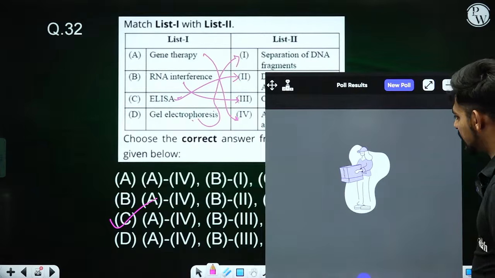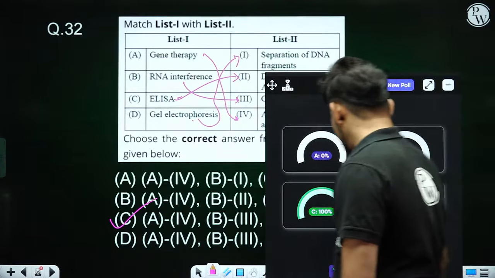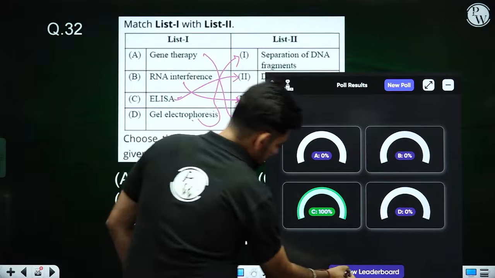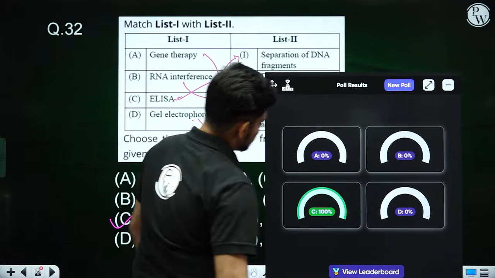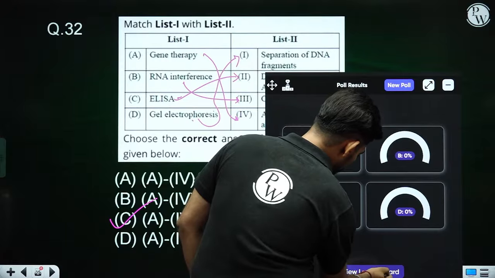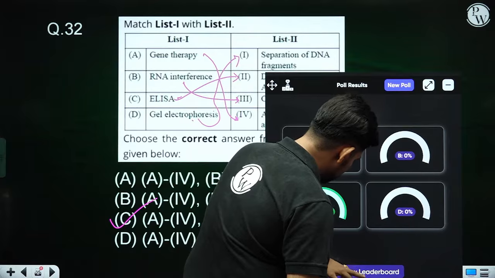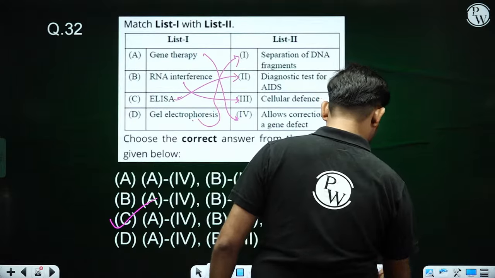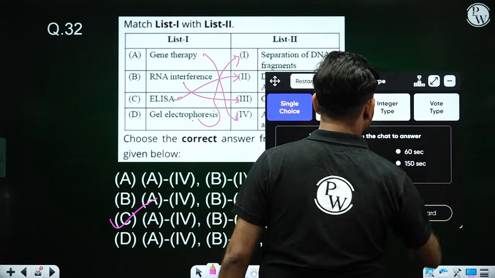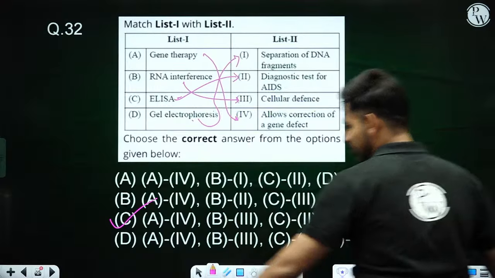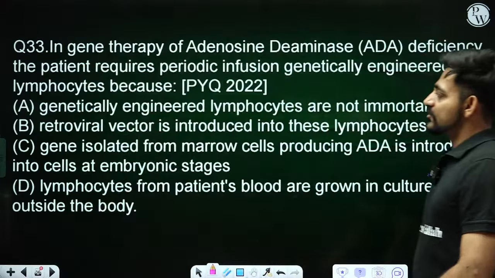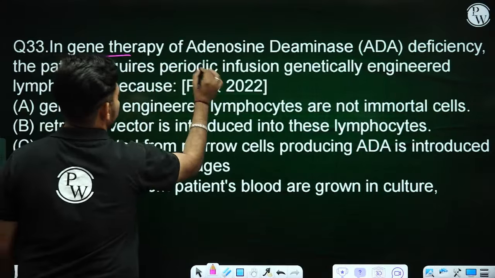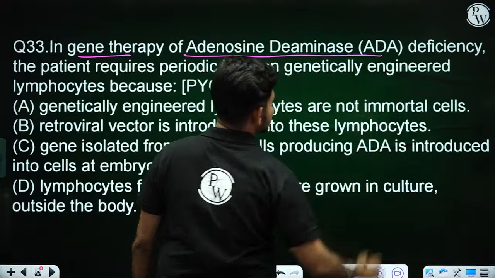And let me check how many of you are right. So in the meantime, let me check the leaderboard of who is doing absolutely awesome. Okay, why is it not coming? Okay, no issue. Moving forward to the next question, and question 33 says, in gene therapy of adenosine deaminase deficiency, the patient requires periodic,